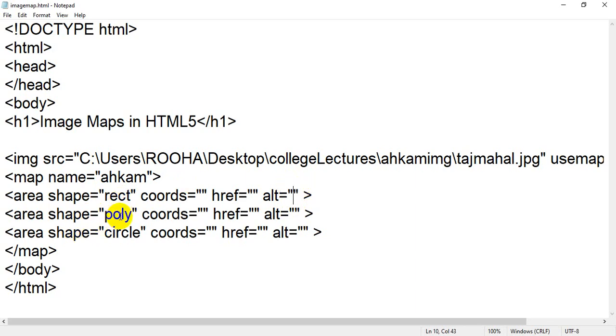we have the polygon shape. Again the meaning is the same. Inside that you have to take at least 3 points, which means at least six coordinates: x y, x y, x y. For the rectangle, inside that you have to take the coordinates of 2 points. After that, the third one is the circle. Inside the circle you have to take 2 points, one for the center point of your circle, and one